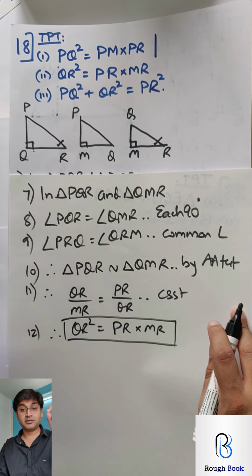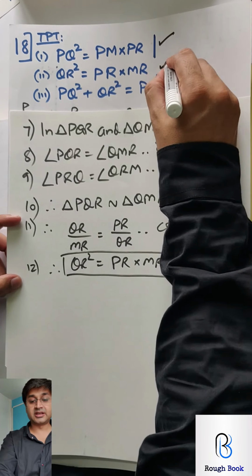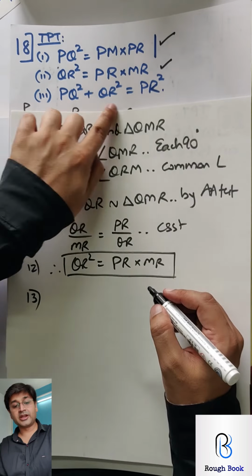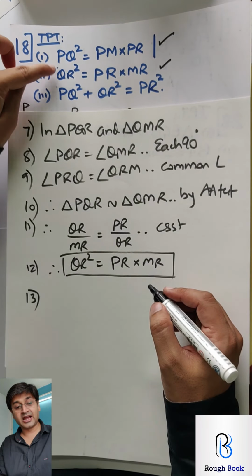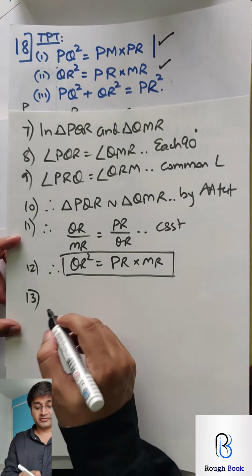Now the third part, the most important thing. Imagine how much effort Mr. Pythagoras must have put in so that we reach here. So we got the first part, we got the second part. For the third part, if you're smart, you can get your LHS using these two. Add it, perfect. Adding these two and adding these two. Then how to get PR we will see.